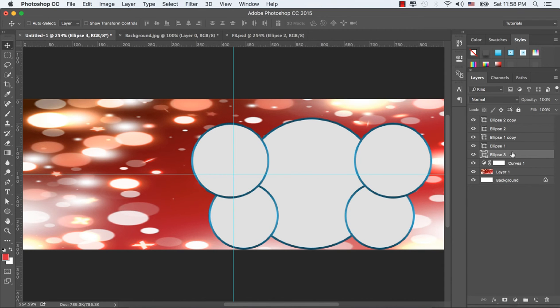And let's bring this layer to the bottom of all the ellipse layers. So this layer will go behind the other 4 ellipse shape layers. Let's put this layer a little bit upward.